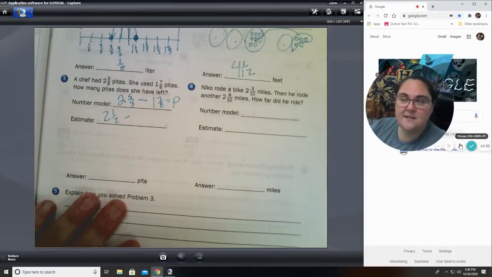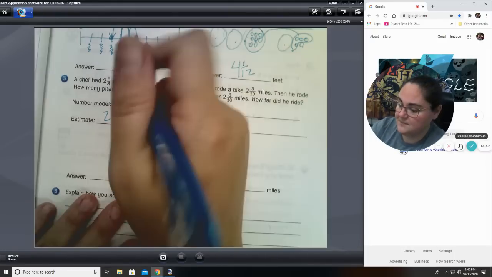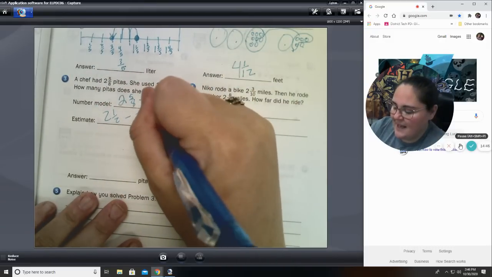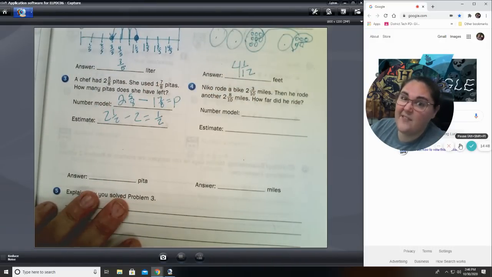1 7/8. 7/8 is almost 8/8. That means it's almost a whole. So 1 7/8 is really close to 2. So 2 1/2 minus 2 is 1/2. She should have about a half a pita left. All right,